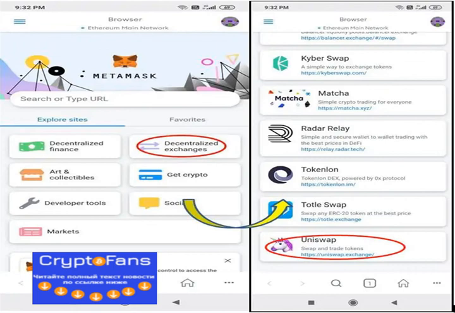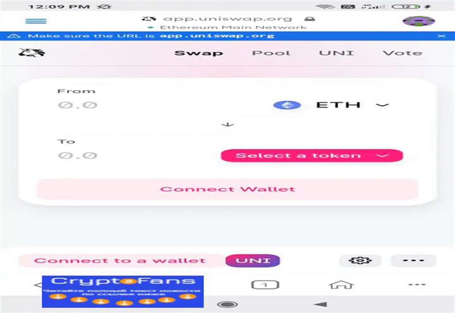The send option allows you to send tokens to another account. Enter the recipient address and the token type and value. Receive. Through this option, you can share your public address and QR code to receive tokens. MetaMask allows you to share your